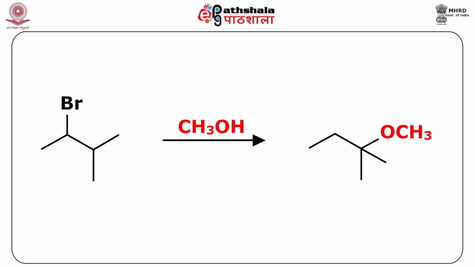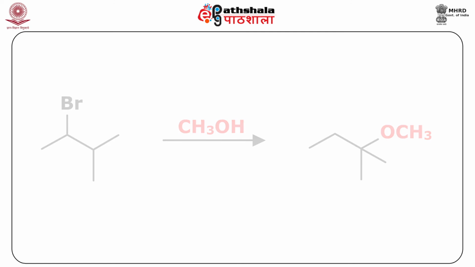First, consider the secondary halide shown here. The formation of a tertiary carbocation is favored, giving the corresponding tertiary ether as shown, in favor of the secondary ether which would otherwise have been formed. So, the tertiary carbocation is more stable than the secondary one, thus this product is favored.